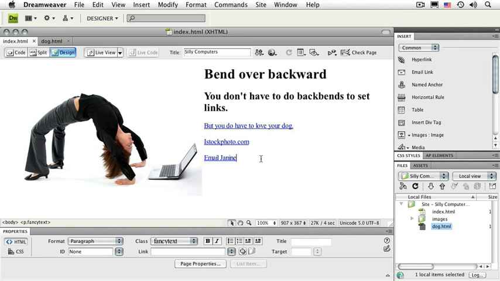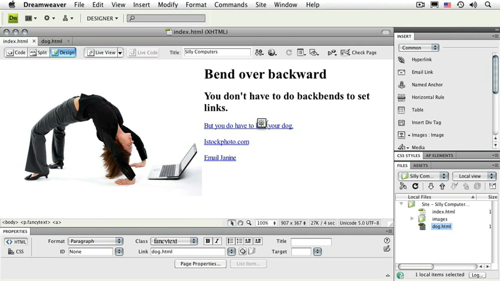Thing to be aware of when you're setting links or inserting images into a page is that the relative location of the pages to one another, or the images to the page they're inserted on, is very important. What that means is that if you ever want to change the name of a page in your site or add, say, a subdirectory to better organize things into subfolders, you run the risk of breaking those links, because this link essentially tells the browser where the page with the picture of the dog is in relation to the page